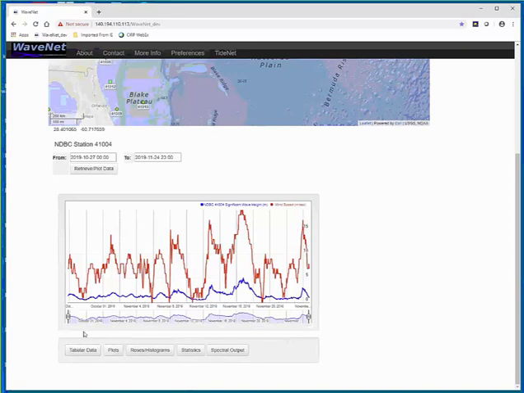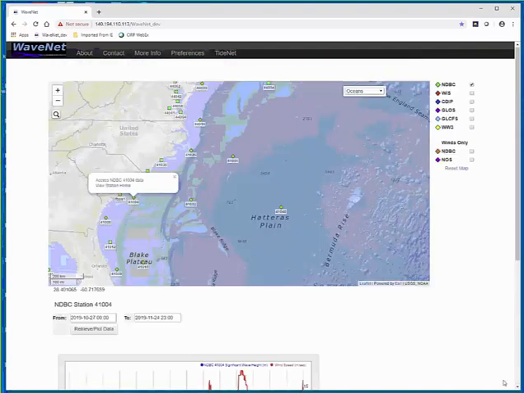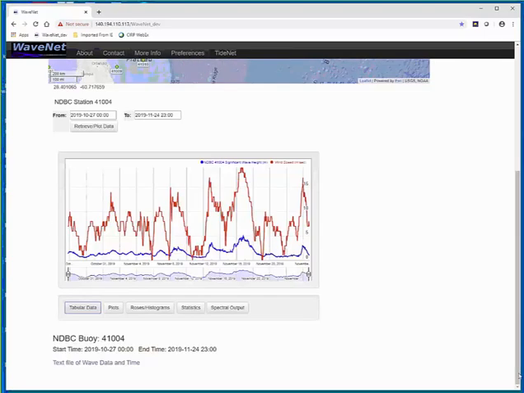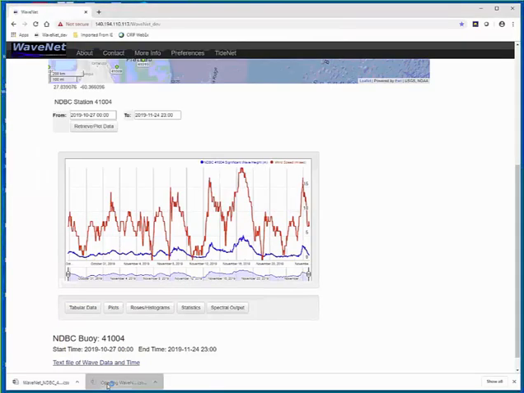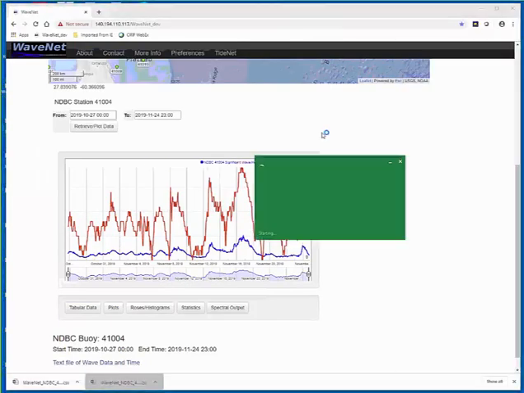So I'm going to click the tabular data. As soon as I click that, notice that at the bottom, it created a text file of the wave data and time. If you double click on that file, the file will open in a viewer.